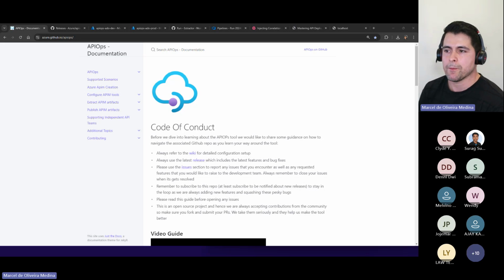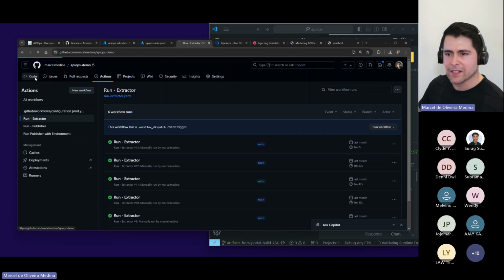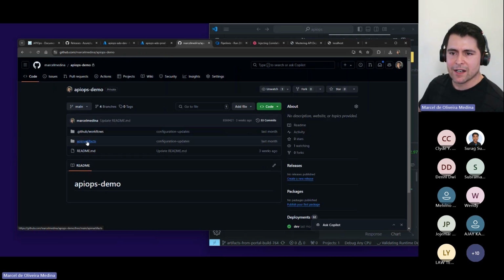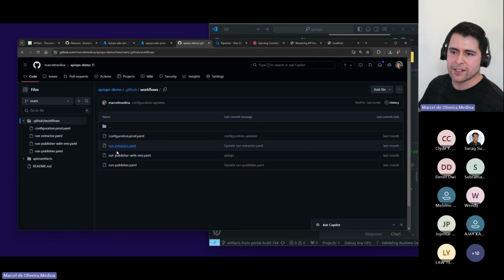It's a YAML file that runs on Azure DevOps directly, right? Even for GitHub, you would have that. One of the things I didn't show is that I have my GitHub in here as well, and it's very similar. I have created exactly the same, with the same sort of extractors.